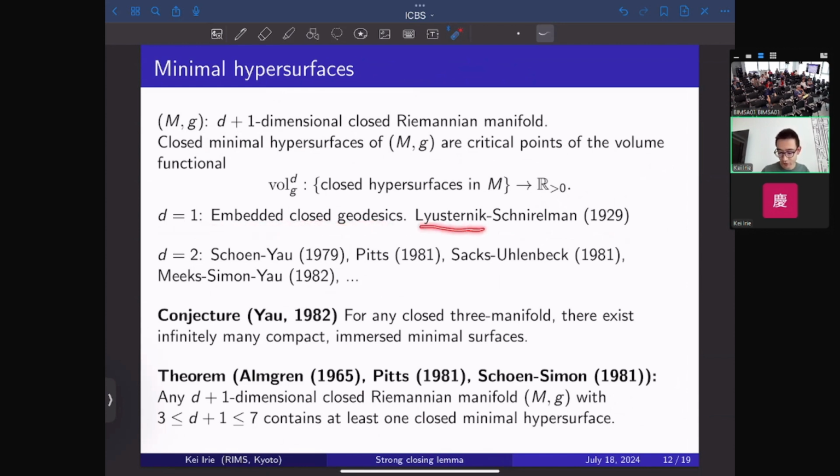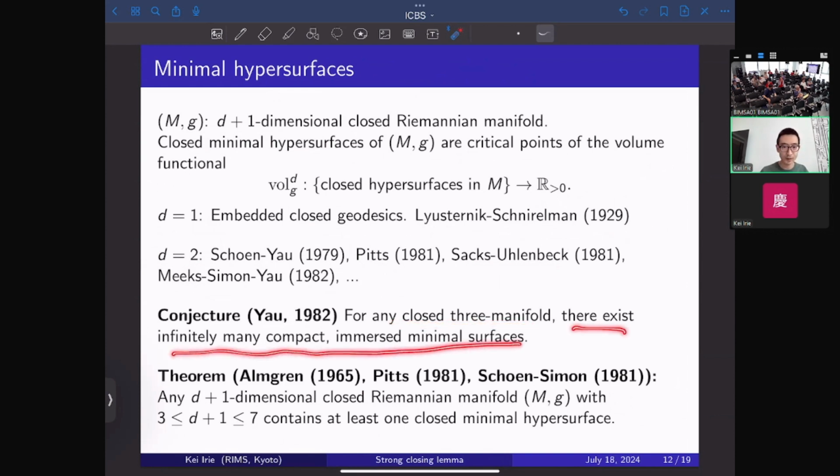And Lusternik-Schnirelmann showed that there are at least 3 such geodesics on the two-sphere with any metric. When d is equal to 2, there was a series of important results by Shing-Tung Yau, Sacks-Uhlenbeck, and Leon Simon, Yau about the existence of minimal surfaces in three manifolds. And based on these results, Yau in 1982 conjectured that for any closed three manifold, there exist infinitely many compact